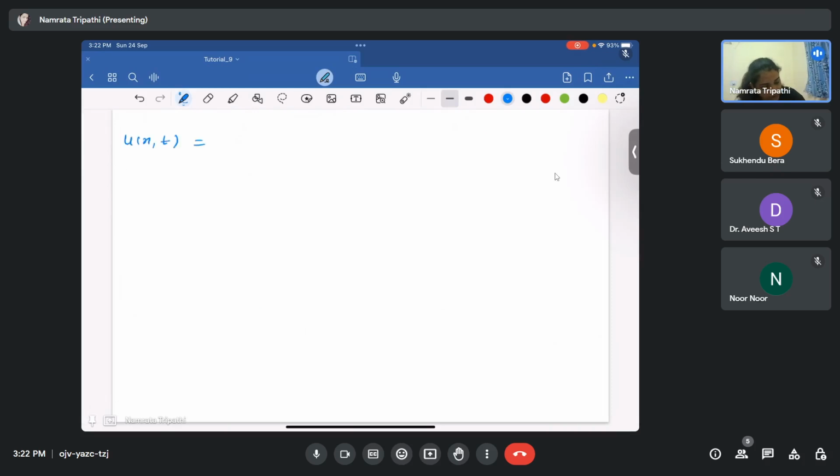After substituting, you will get f of x plus ct is sine of x plus 2t, minus f of ct minus x, means sine of 2t minus x, plus 1 by 2c, means 1 by 4, integration from 2t minus x to x plus 2t. G of x is x square, so we can write as